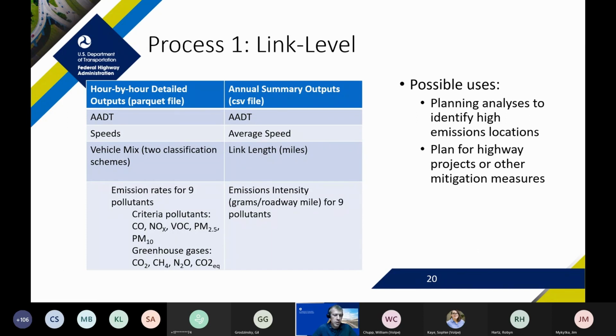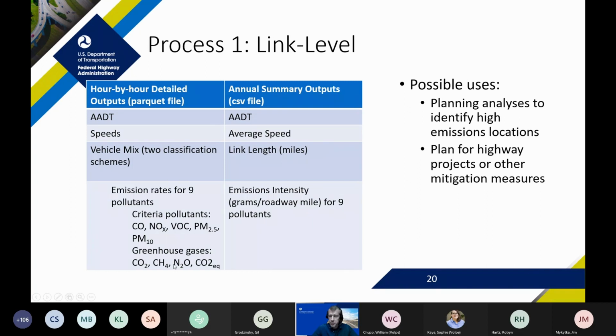And Billy was showing you in his demo that there was a Parquet file that he mentioned is large, and that's because it contains hour by hour detailed outputs for an entire year for all of the links that you put into the tool. That would include ADT, speeds, vehicle mix, and emission rates for 9 pollutants